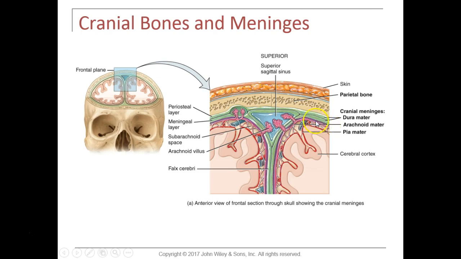Just deep to that is the arachnoid mater, and the arachnoid mater is separated from the pia mater, which is outlined in this little red line that you see here. Separated from that with this space is called the subarachnoid space. We then have little extensions of the arachnoid mater that go into what are referred to as dural sinuses. This one happens to be what is called the superior sagittal sinus that runs along the top of the brain